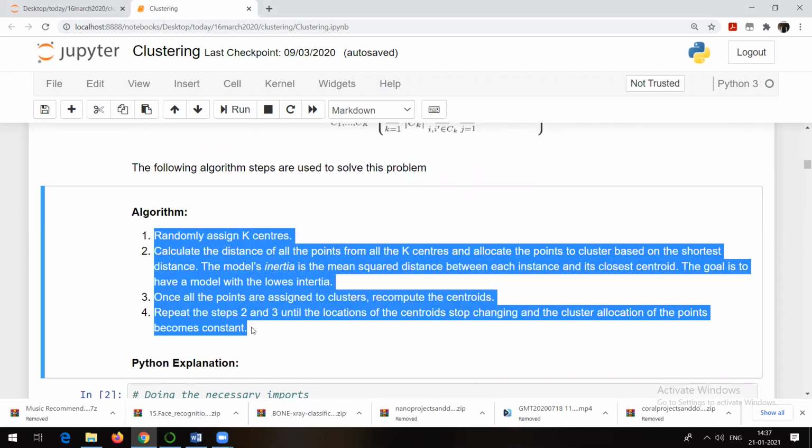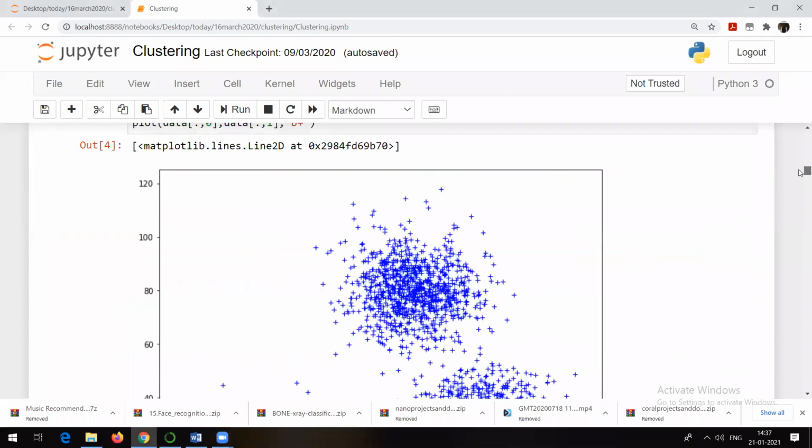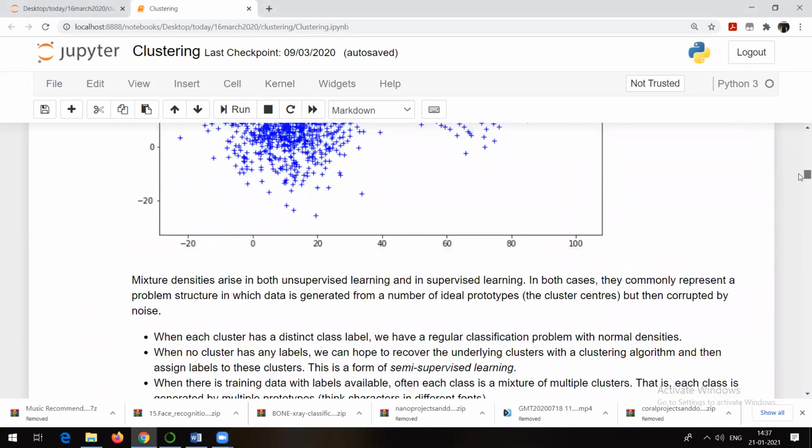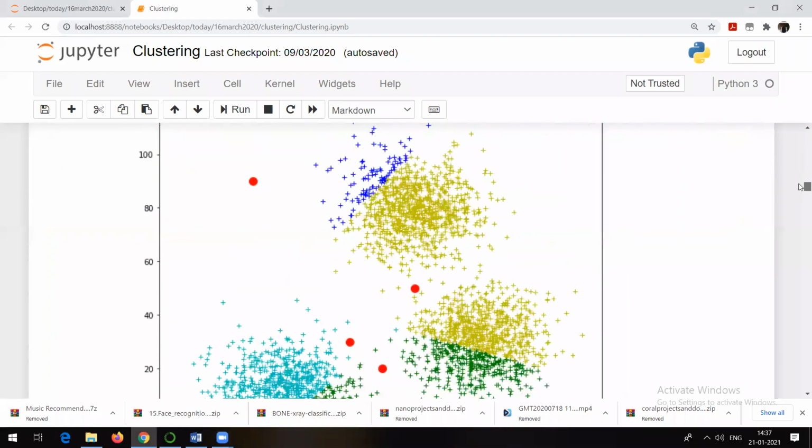We talked about all the steps of k-means algorithm, and diagrammatically we talked about it like this. Initially data is given to us. We will try to find out the centroids. In this figure, whatever is in red color, all these are the centroids which are randomly selected, and from those centroids we are going to find out the distances to all the points.